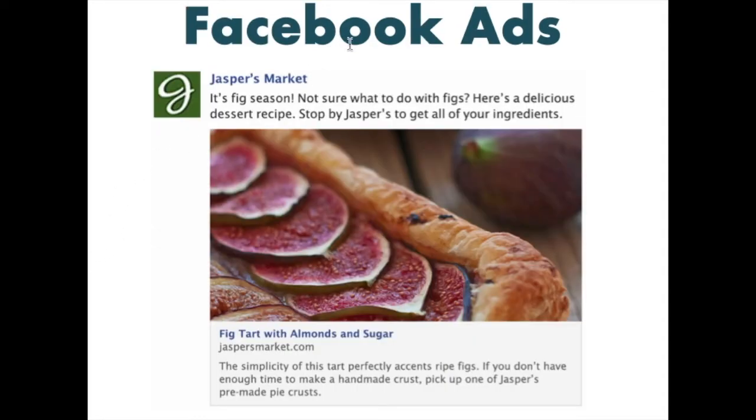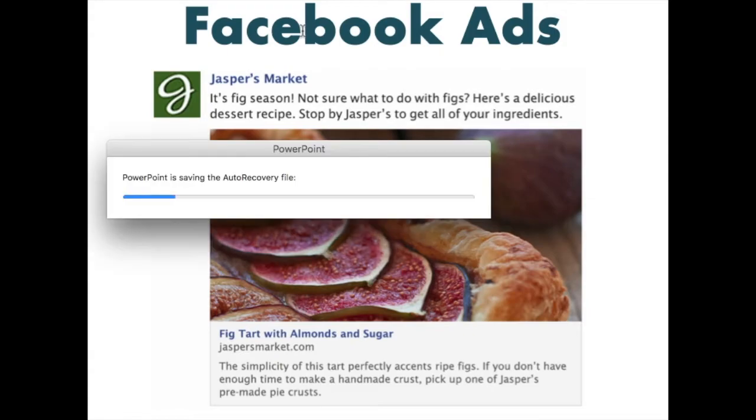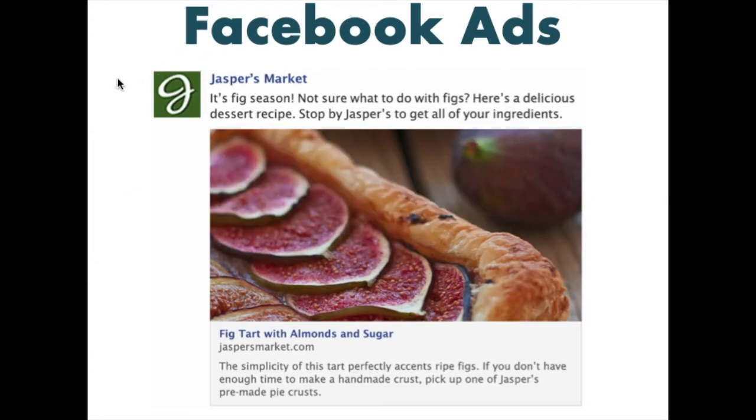Facebook ads. So this is a little bit different. Facebook actually charges on a CPM basis, which means you're paying for impressions. But at the end of the day, with Facebook, you have a specific goal, whether it's clicks or conversions, and you essentially get yourself down to a cost per click, depending on how good your ad is. So with Facebook ads, it's technically not a PPC advertising channel exactly. It's sort of a CPM advertising channel because you pay for impressions. You can set bids for your clicks, but same thing.